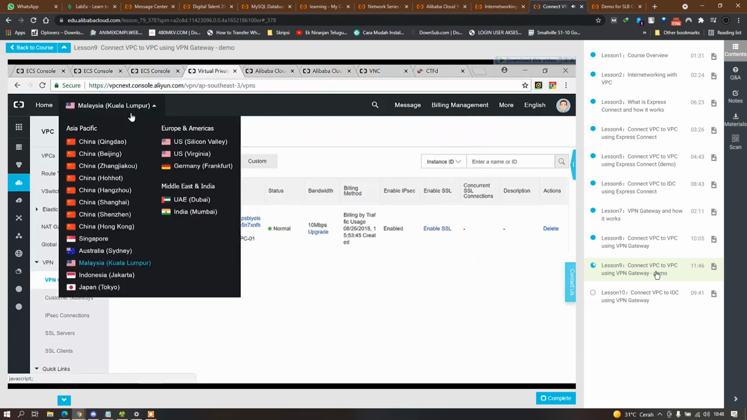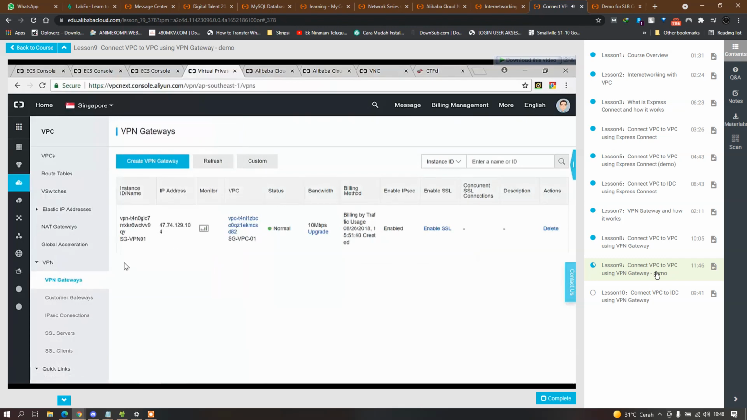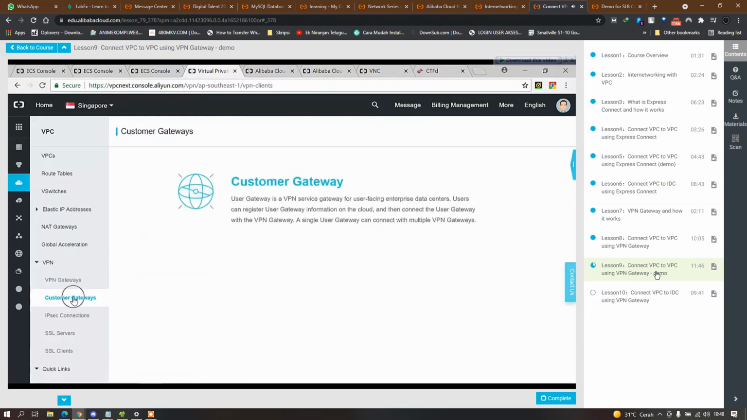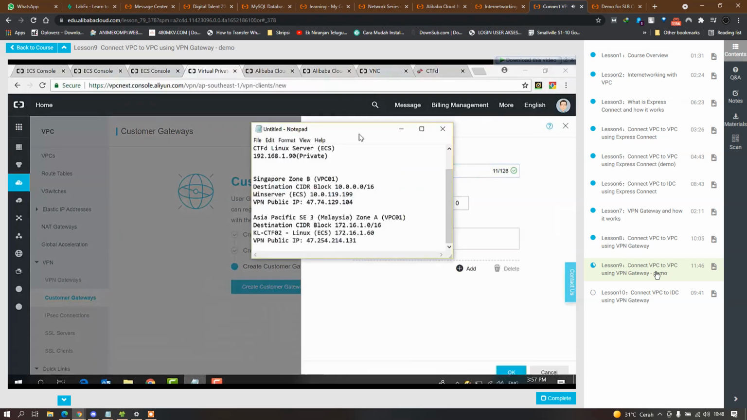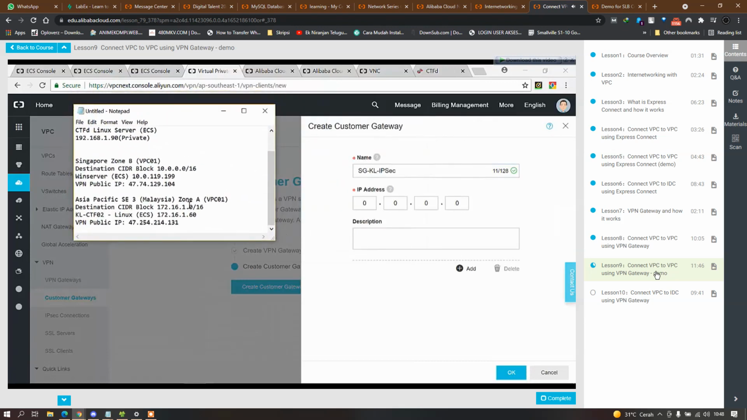So once you got these two information, you can go back to Singapore, and then we can configure the customer gateway. Okay, let's try again. Customer gateway, we will create a customer gateway, SG to KL, and what will be the IP address? The IP address will be, you need to put the Malaysia IP address, which is